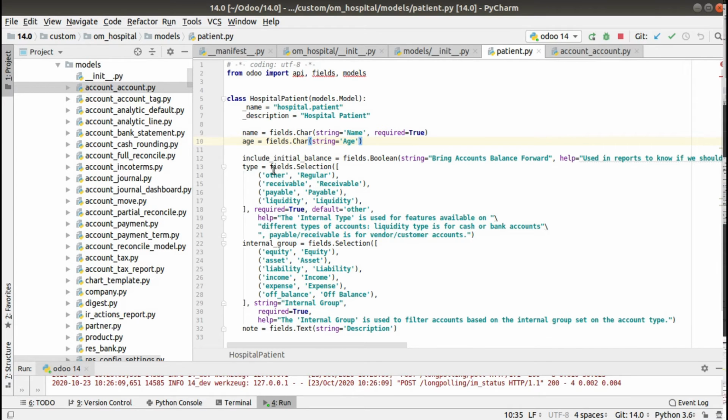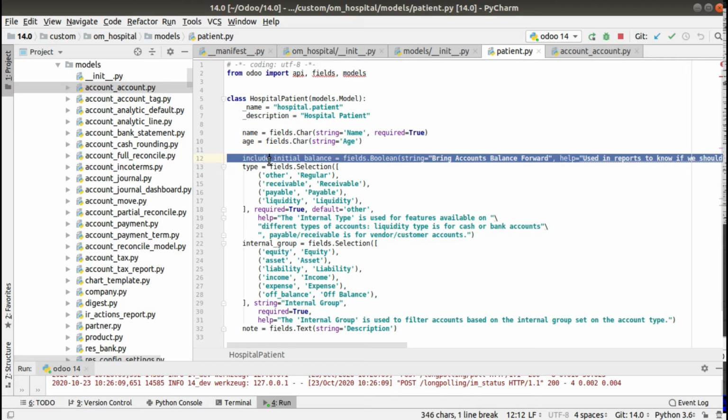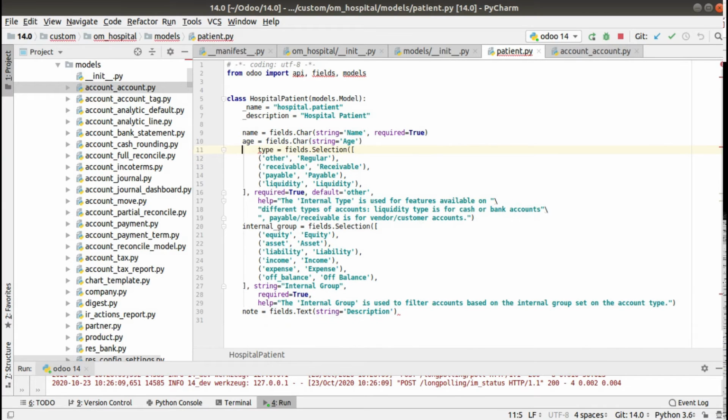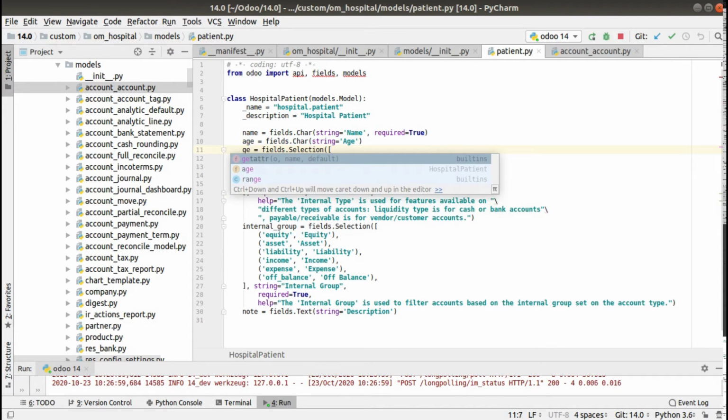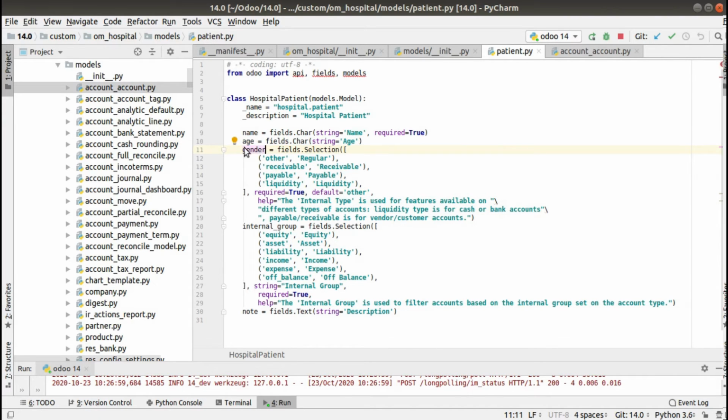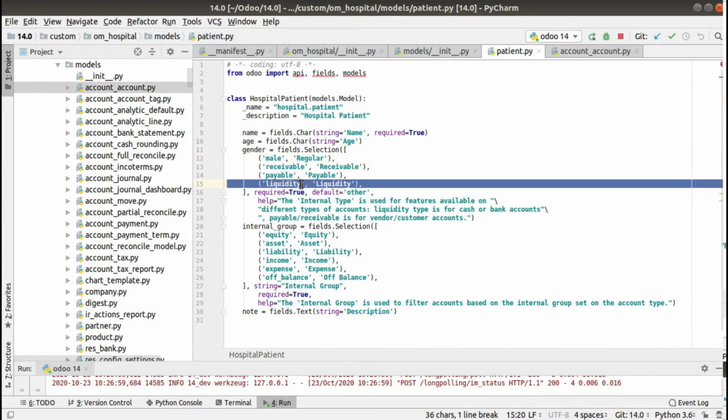Now we need a field called gender to record whether it is male, female or other. So I'll be adjusting this type, and I will be renaming the type to gender. Once you give the field name, it should also stand for the label you are going to give, or for what purpose you are using that field. So right now I am using the gender field to record the gender. So I'll be giving the key as male. So I'll be showing how you can define a